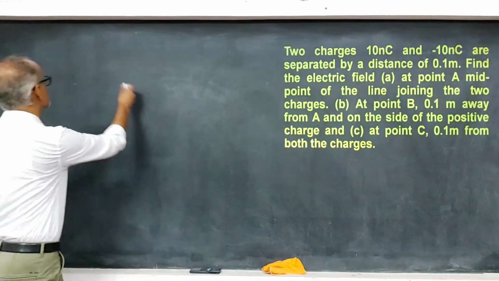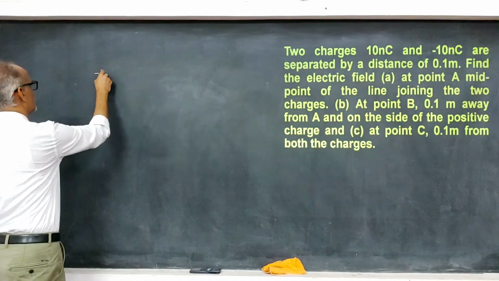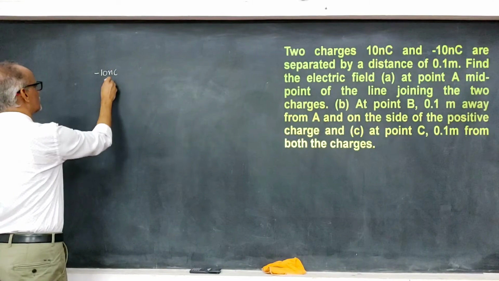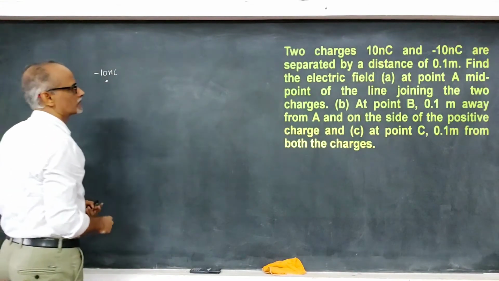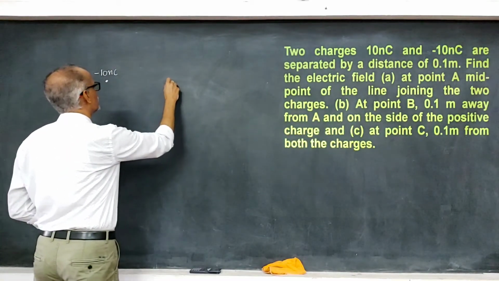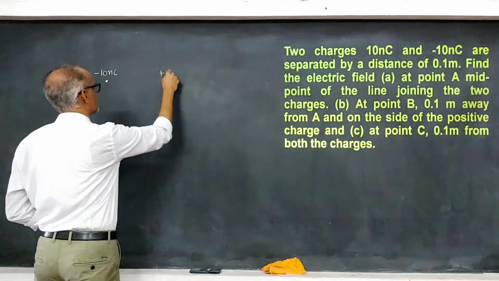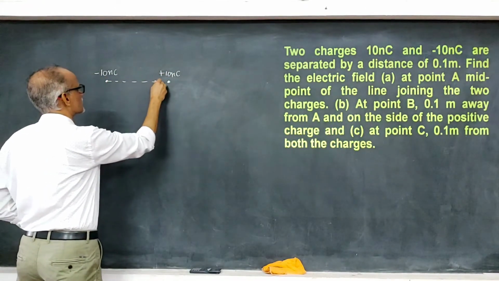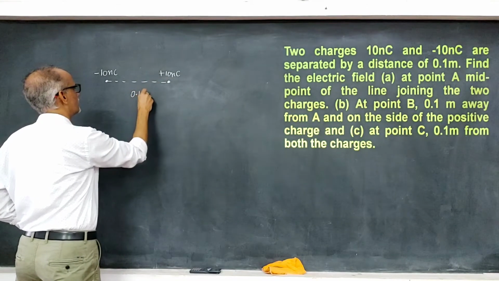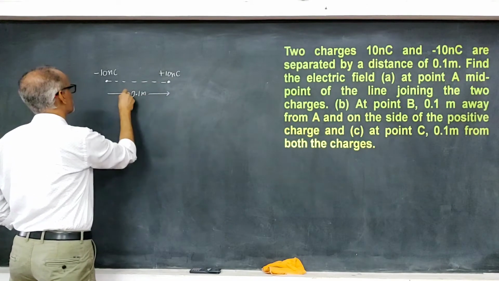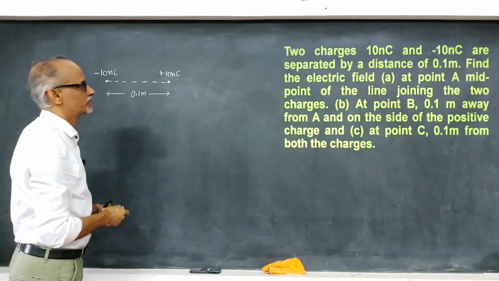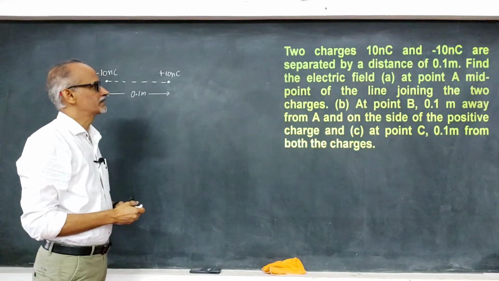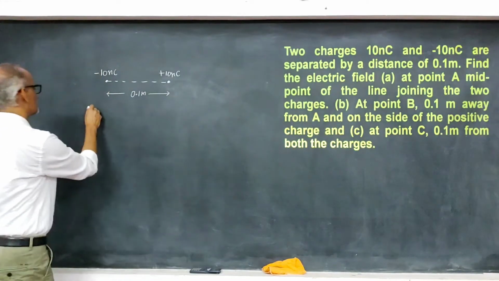So first I am going to consider minus 10 nanocoulomb and plus 10 nanocoulomb separated by a distance of 0.1 meter. Find the electric field, option A,